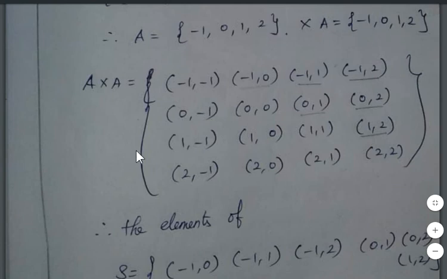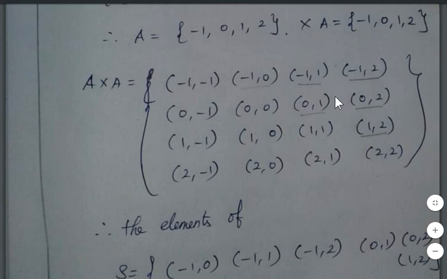Here the condition is a is less than b. That means the first number must be less than the second number. So here both the numbers are equal, so it is not an element of S. Here it is an element of S. This one is an element of S because -1 is less than 1. It is also an element of S. Here this one is greater, so a is less than b is the condition, it does not satisfy the condition. Therefore it is not an element of S. It is equal. This one satisfies the condition. So element of S, element of S, element of S.